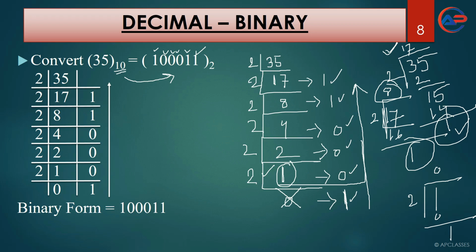Now, if it is quite confusing for you to consider this one, then better you divide it and get the 0 at the end. I will suggest it is better if you get 0 at the end. It will be quite easy for you to understand. Get 0 at the end, and whatever remainder you get, consider it from bottom to top. I hope this process is quite clear to you, right?